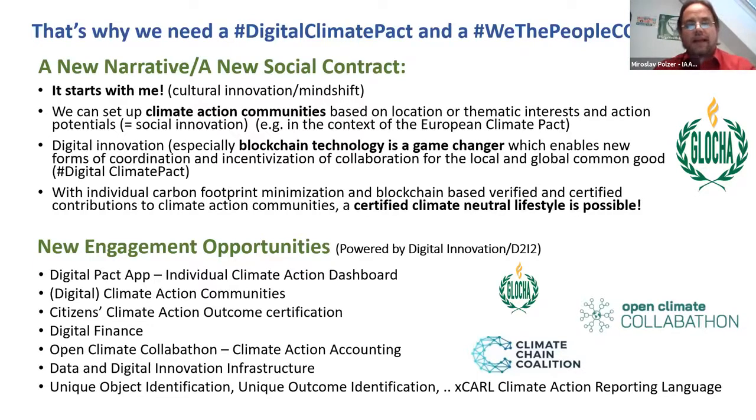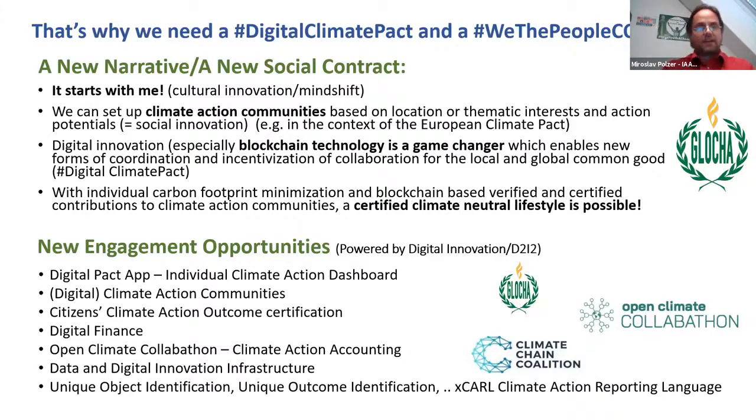A key message is it starts with me. And then the second key message is that we can set up climate action communities. If we work together, focused on our location or on our thematic interests, we can achieve results, we can collaboratively have impact. And the third message is digital innovation, and especially blockchain technology. Digital innovation helps to organize this collaboration and create incentive mechanisms and trust, so that society on this global climate action